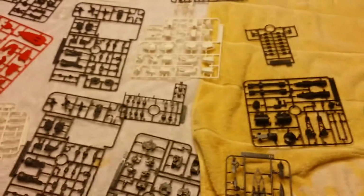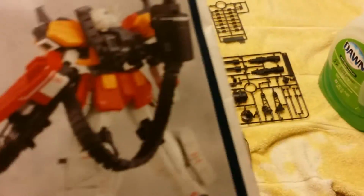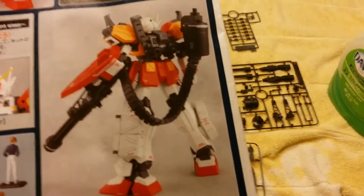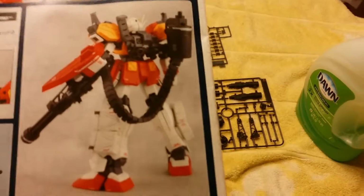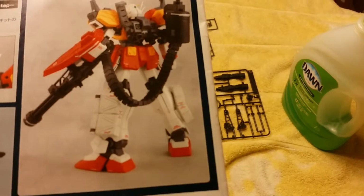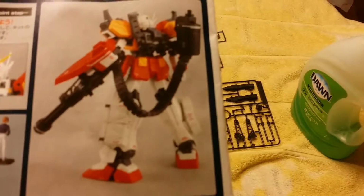As far as the backpack goes, let's see if I can find a picture of the back of the mobile suit. I think there's one. Well, I was hoping there would be one I could... Well, there it is. I'm going to be painting the housing of the backpack white, but I'm going to be painting the booster nozzles, as there's any, which I think they are on the bottom there. I'm going to be painting those